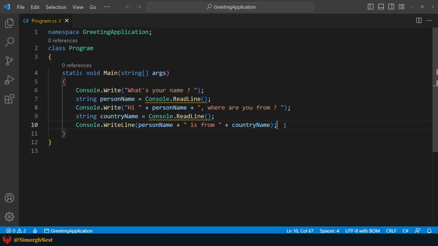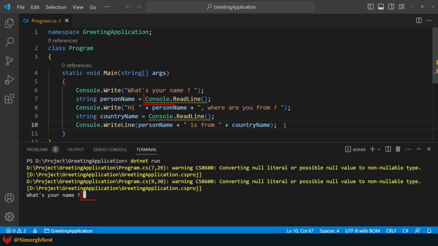Alright, the challenge is done. Now let's give you a brief explanation of these codes. In line number 6, we ask the user to put their name. Because we want to put the question and answer in the same line, we use the Write method. In line number 7, we took the name from the user. As we told you, whenever we want to take input, we have to use the ReadLine method, as we did here. This line of code waits to take input from a user in the terminal and store it in a variable.